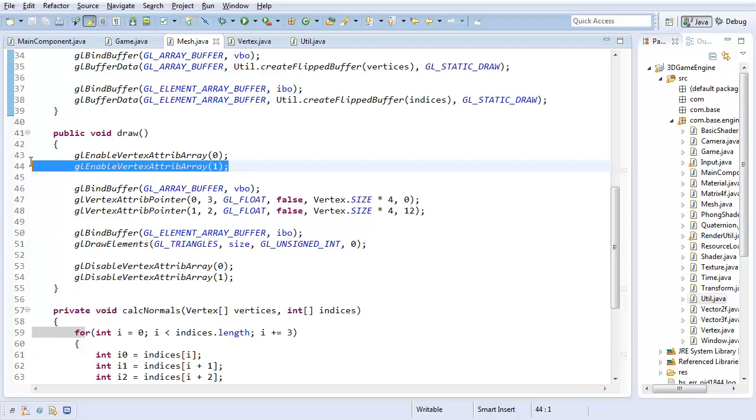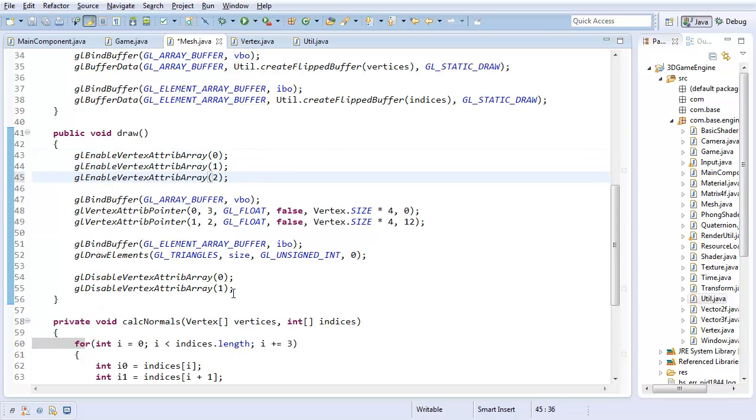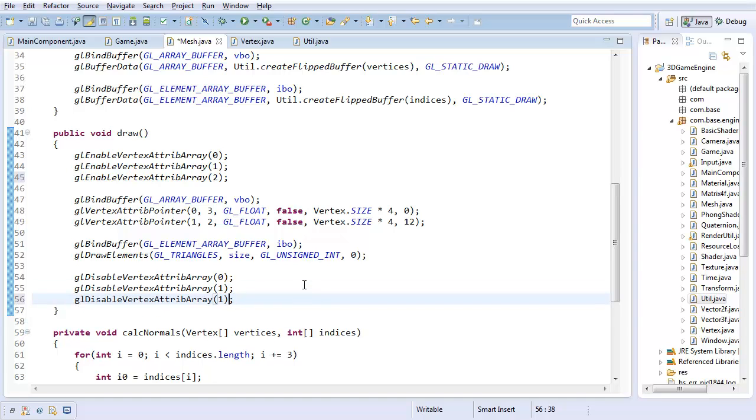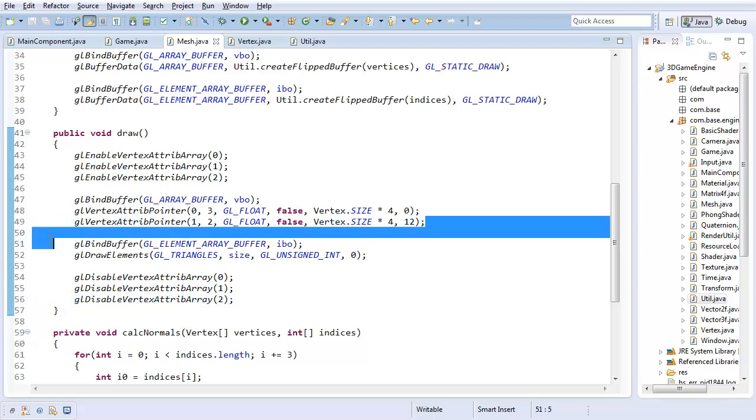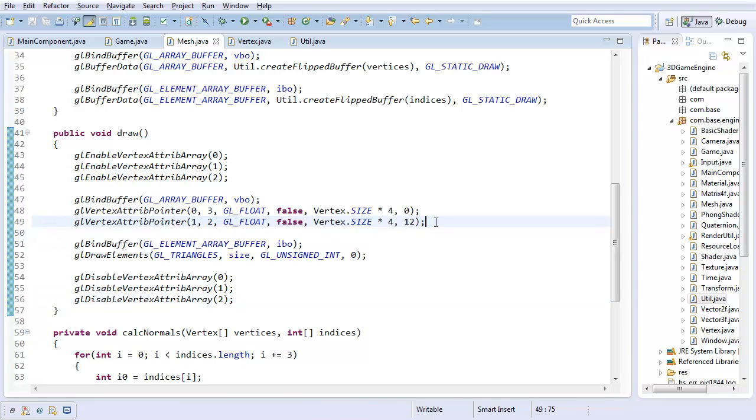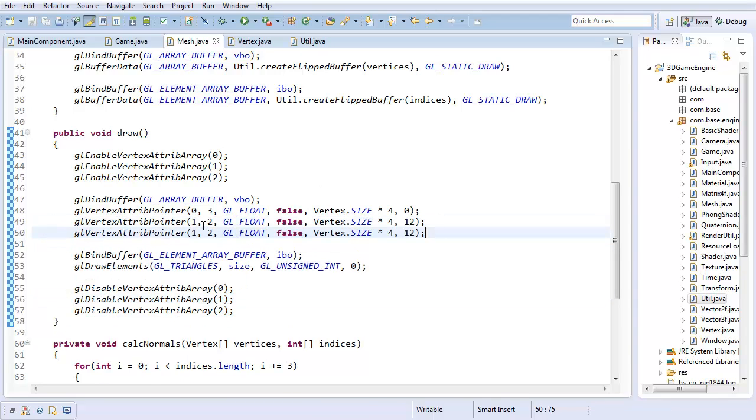And now in our mesh, we're going to want to add this. So I'm going to create a new vertex attribute array for our normals. It's going to be number 2. So enable that and disable it when we're done. And now I'm going to set it to a size of 3, vertex.size times 4, so same thing as usual there. And for offset, I want to say this plus the size of our